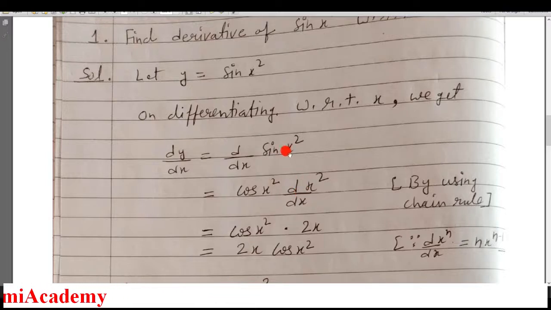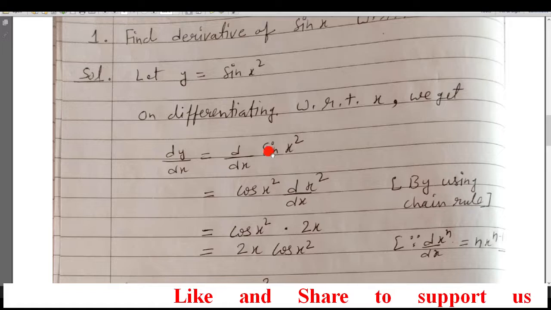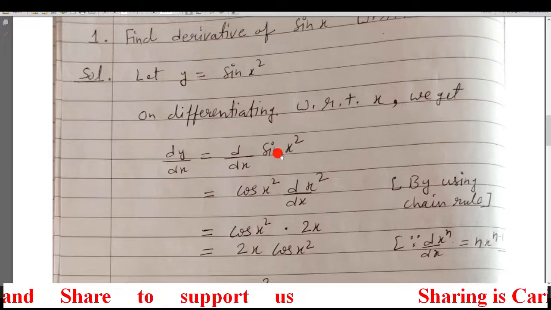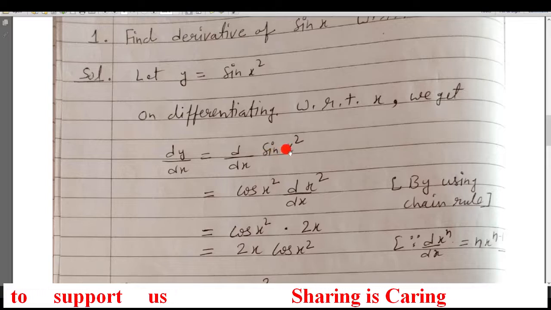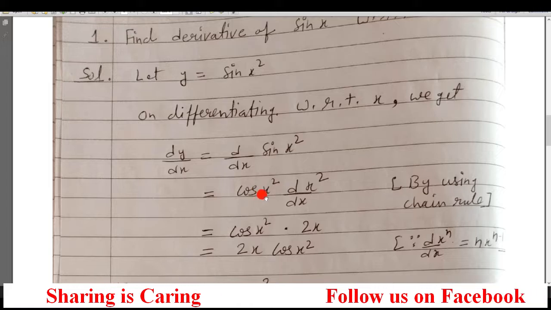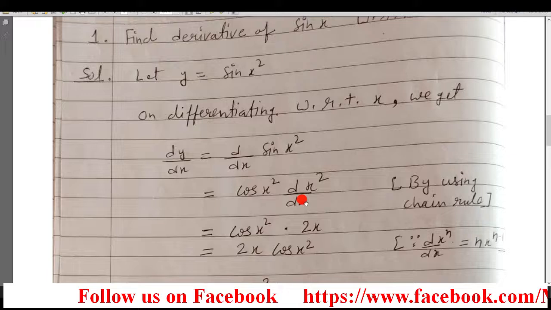If the function is not in its simplest form, then you have to simplify until it comes into the simplest form by using the chain rule. So here it's not sin x only, it's sin x square. First you should differentiate sin x square by assuming it as sin theta, that is cos theta, that is cos x square came. Then x square again you have to differentiate with respect to x.